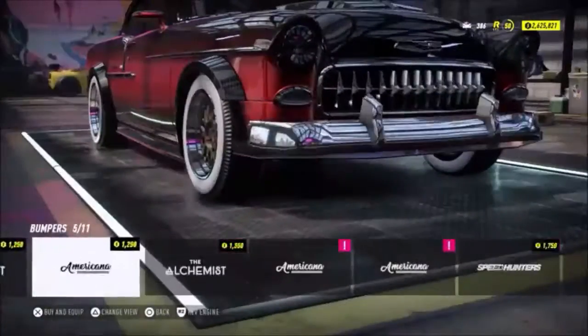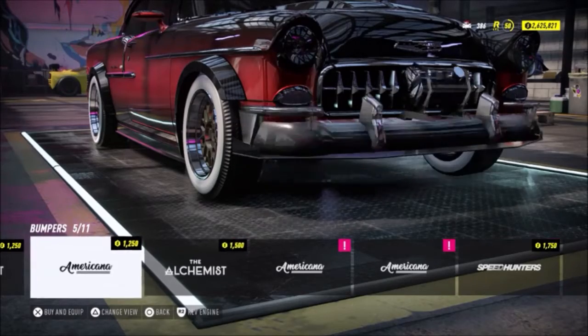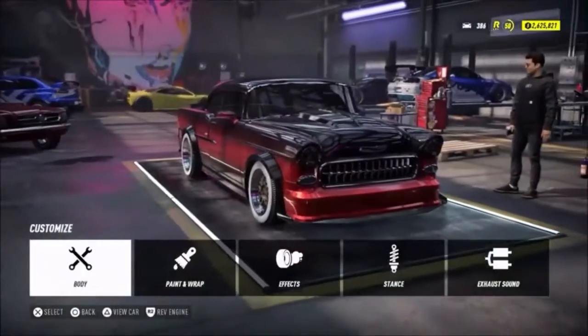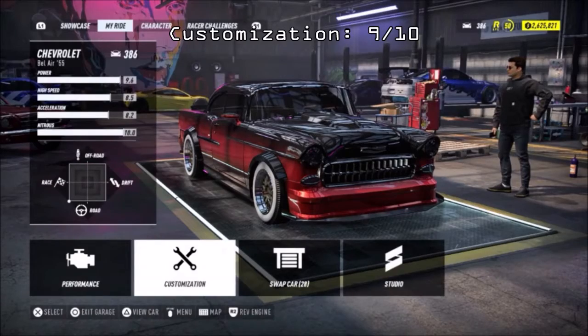fun, unique stuff, and there are a ton of front bumpers. Because of the grille and splitter I have, I can't use all of them, but there are a lot of parts for this. So customization, 9 out of 10. 9 out of 10 customization. Now,